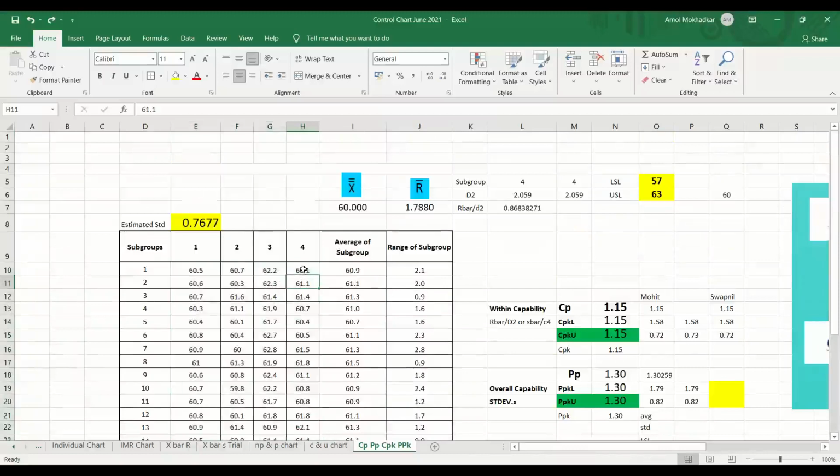So now just imagine that this value which is going away from this one, if you change it a little bit, this standard deviation starts coming lower. The variation should be lower. The spread of your data points should be lower. Okay, so there are two ways to improve your CPK. If the process is already in the center, the average values are already in the center, then the next thing is to reduce the variation. That is what I told you in the case of the car driving scenario.